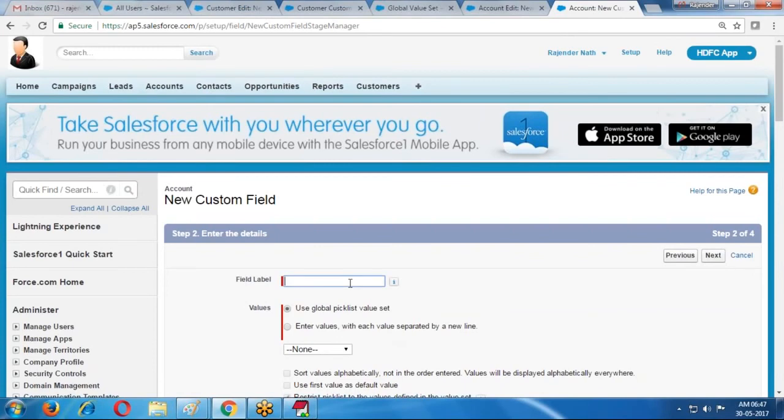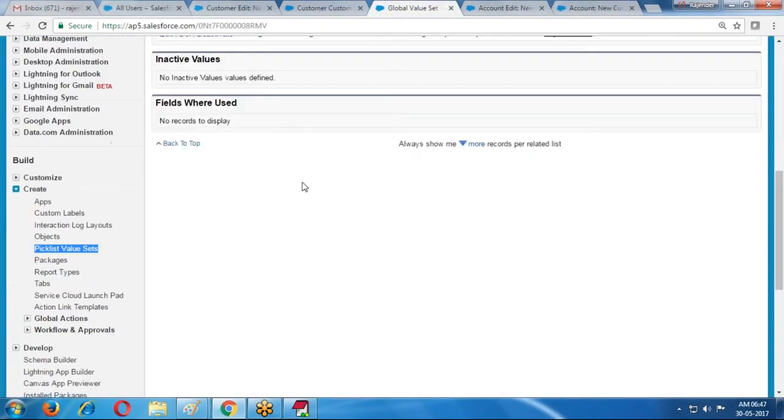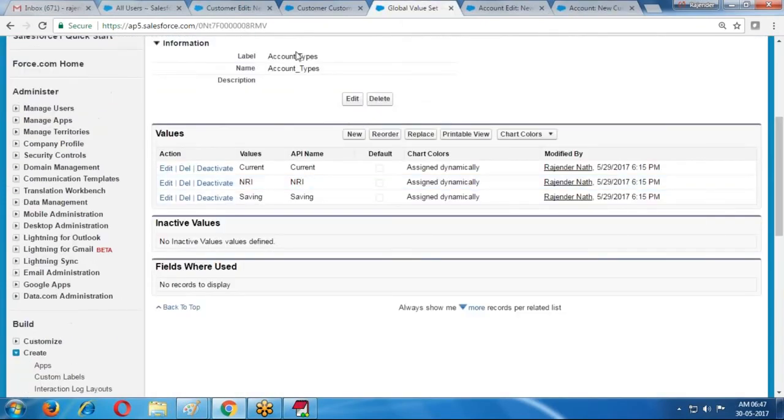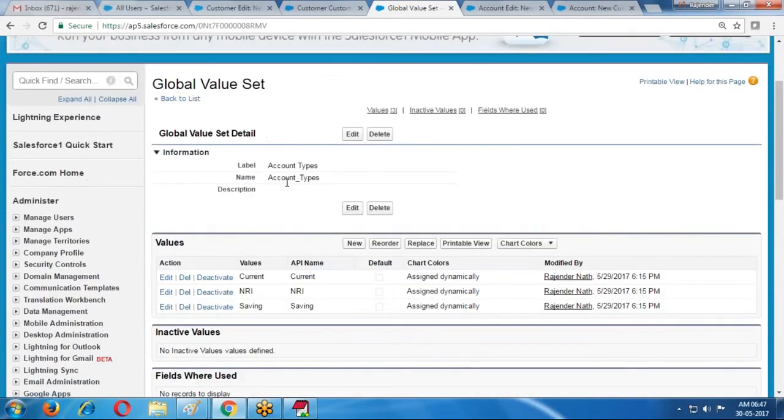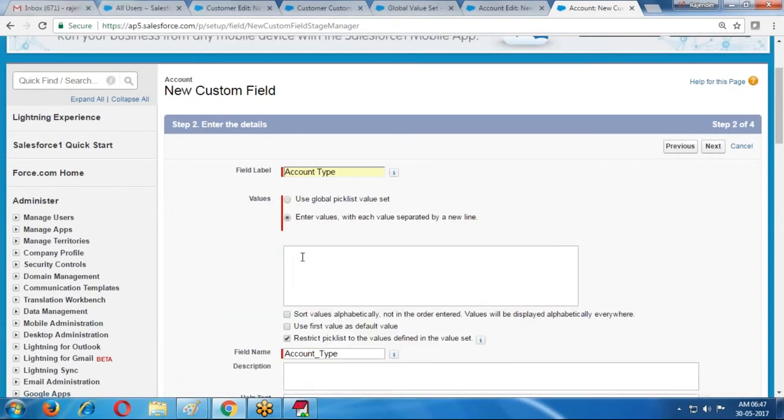Now the field name is account type. Here, account types is the global pick list you created, and it is available for this account. If you want to use this global value, you can use this one. Otherwise, if you want to provide your own values, you can use the option to enter values with each value separated by a new line.